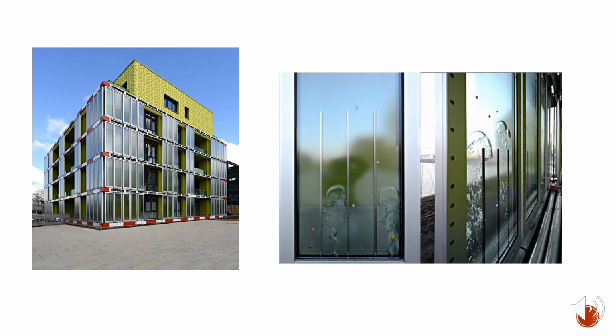And the way it works is, if you see those air bubbles on the right side of that picture, pressurized air is forced up through the chamber, and that stimulates the algae to react with the sunlight. So as those air bubbles move up, the algae goes through photosynthesis. And then the picture on the left is the building completed. It has a greenish tint, and they just did it on two sides that were more exposed